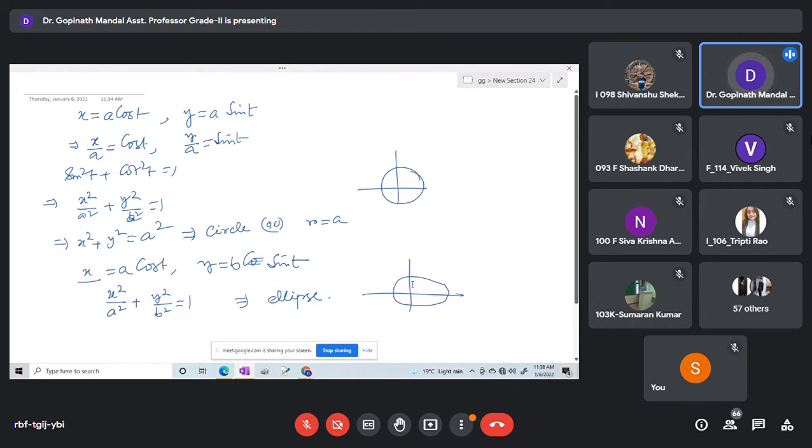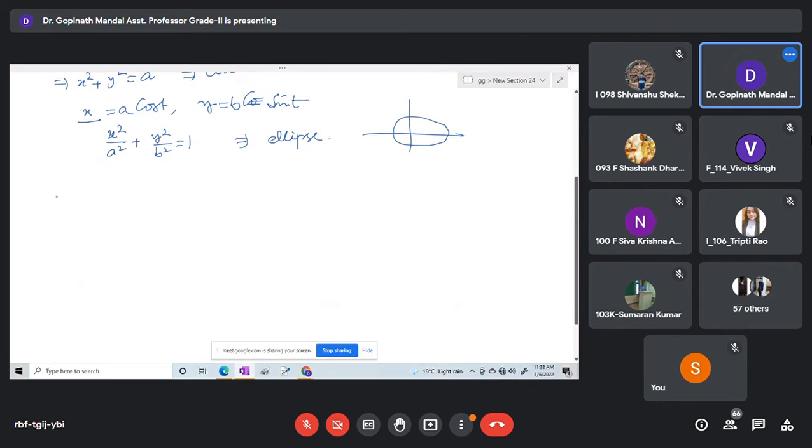Now, if x equal to a cos cube t and y equal to a sin cube t, then we follow the rules of a parametric form. First we have to find